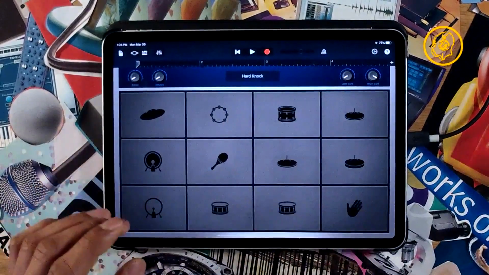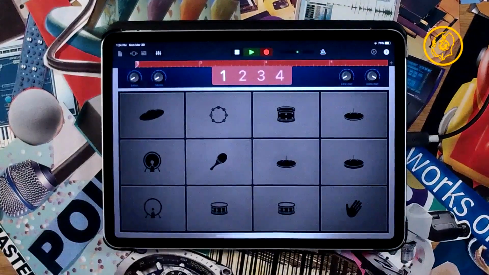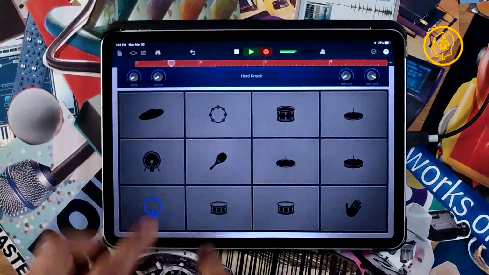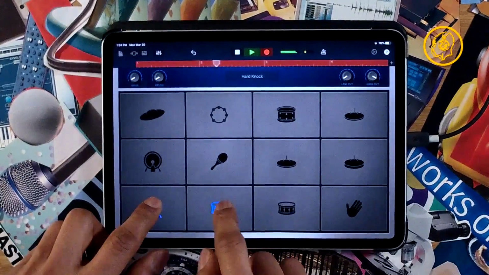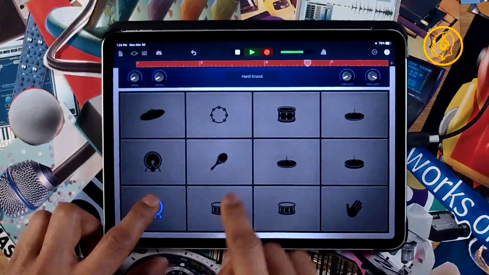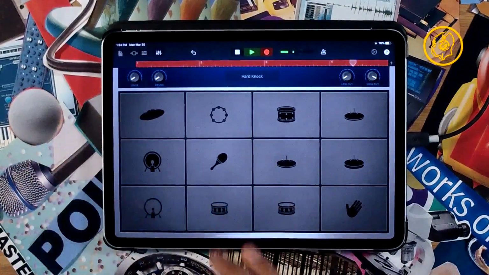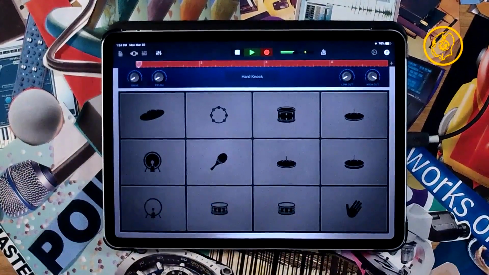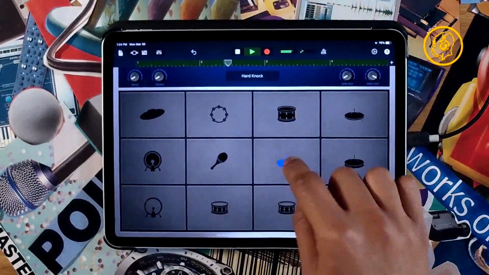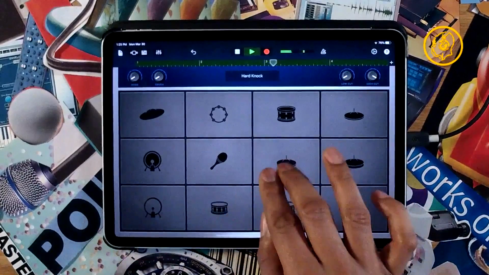We want to start off real simple today, right? 2 and 3 and 4. Remember, 2 fingers.